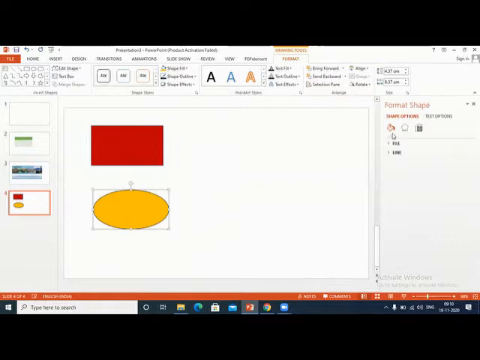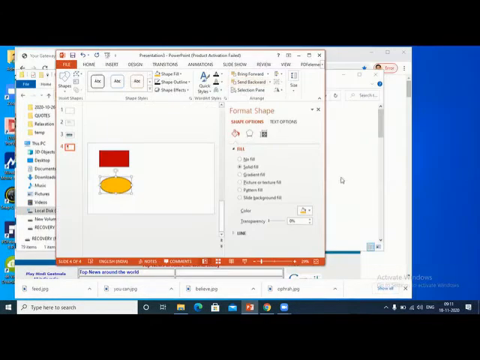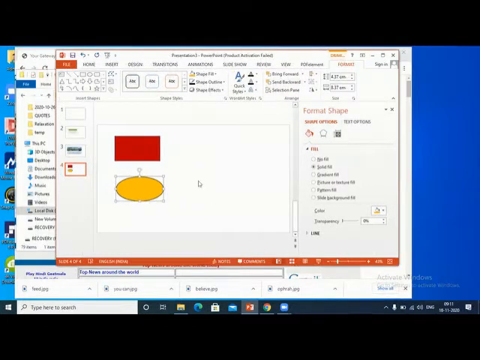Here you get more options for filling and other. Suppose you want to fill here, you select the fill. Select this, you can no fill, solid fill. You can change the color from here, whichever color you fill.